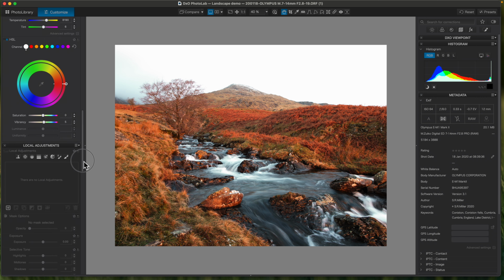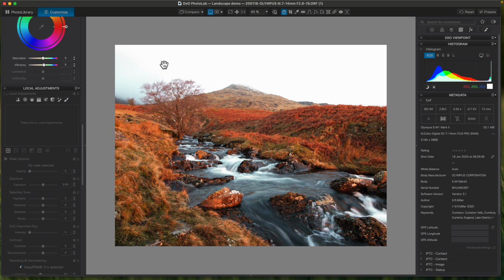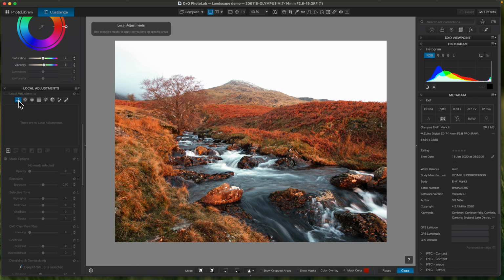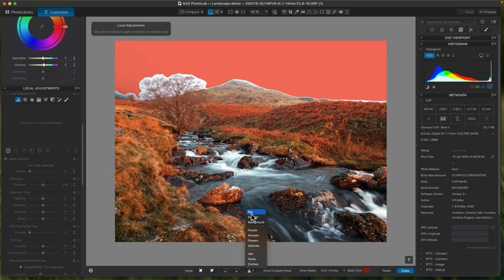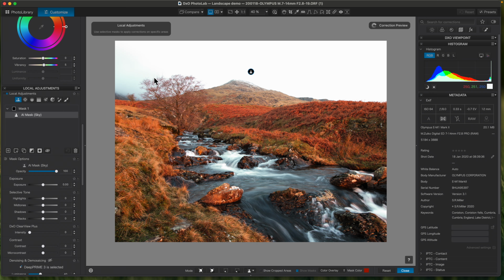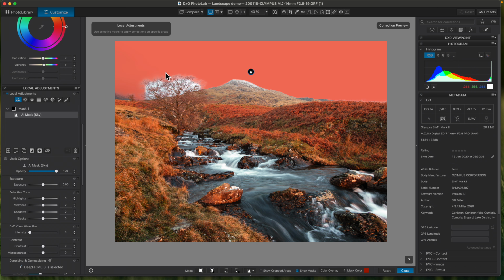Now we'll have a look at the sky. The new Filmpack 9, it's got the AI masks. I mean, I could probably do just as well using a control line and dragging it down to pick the sky, but we'll just see if it works. The new sky mask. It might struggle. Yeah, it's going to struggle. It just shows you that it's going to struggle around this tree, but